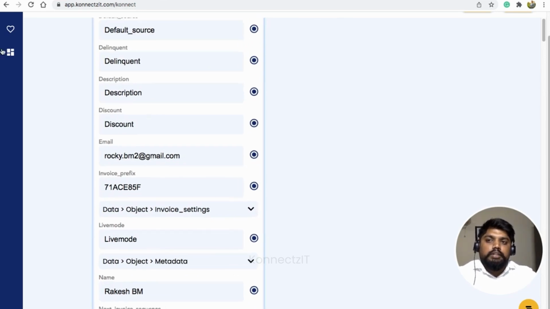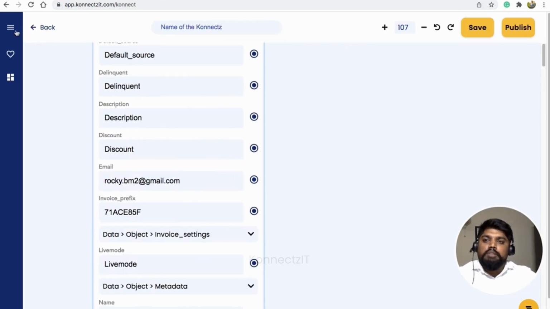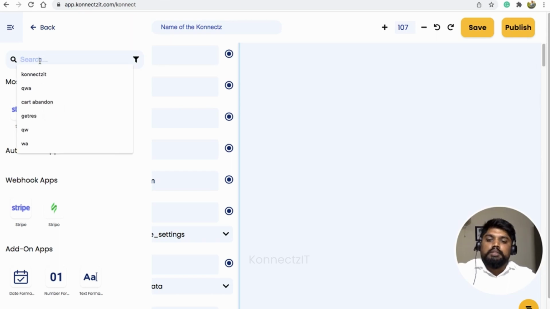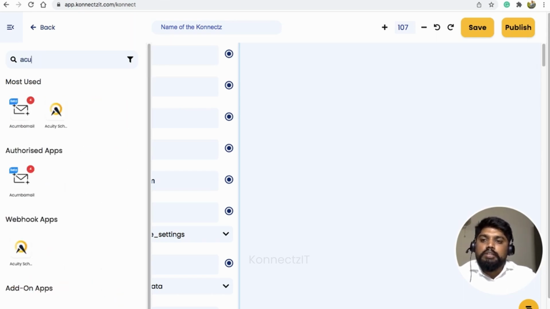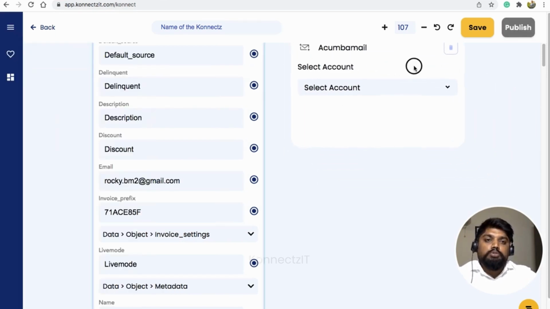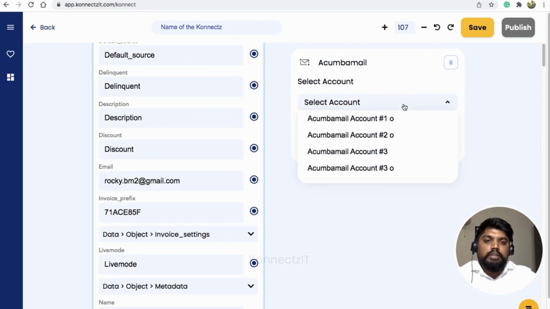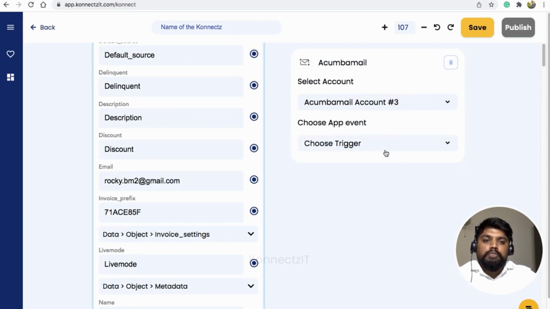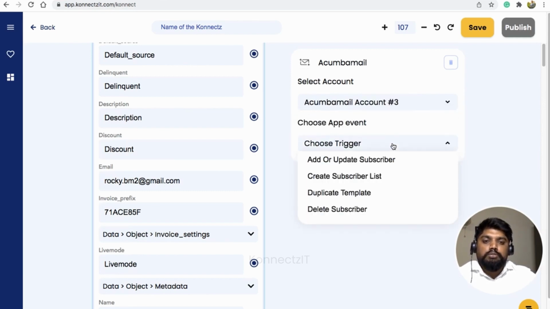Now let's drag and drop Akumba Mail. Akumba Mail is an email automation tool in which Connexit supports all these actions. You can choose the number of different accounts and choose an action, such as add or subscribe, update subscriber.